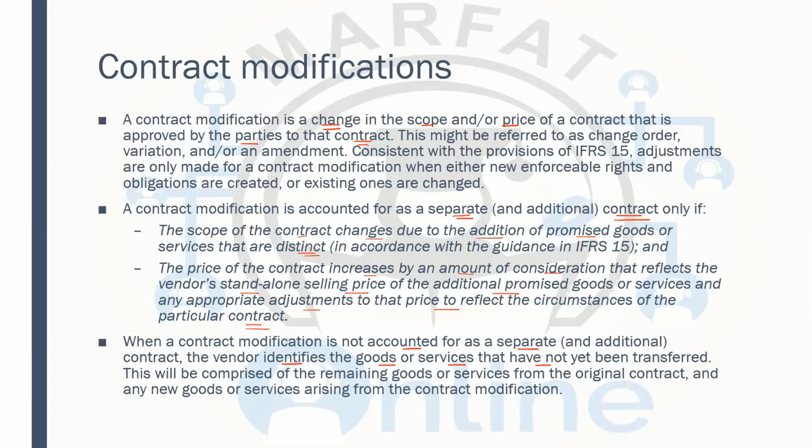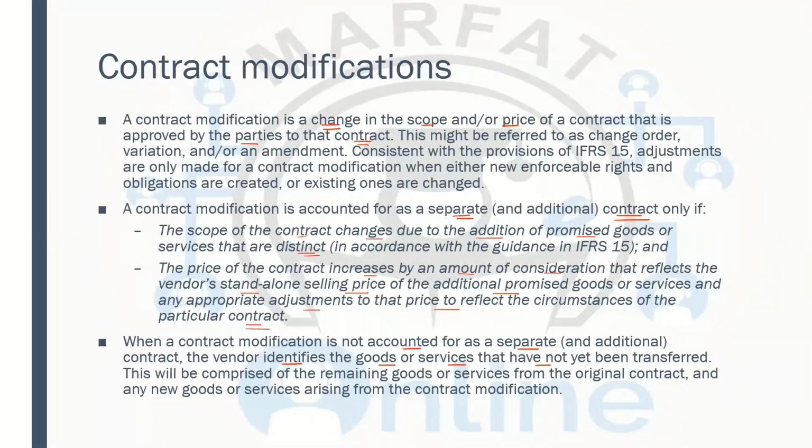I said, what? You said if you are going to buy one shirt, then you are going to pay 100%. If you are going to buy three shirts, I assume it is three shirts or more, then you have to pay 50%. They said, no. You have bought three shirts. Now, this is a separate deal. Now, if you're buying another shirt, you have to pay full because this is going to be a separate deal. So they charged me 100% for the fourth shirt. And they said, okay, if you want to avail the discount on this shirt as well, you have to buy two more. So look, this is the policy of them. And they actually recognize the revenue accordingly.